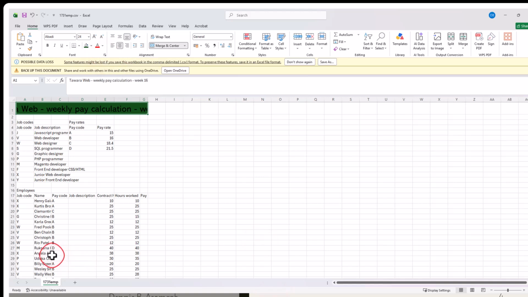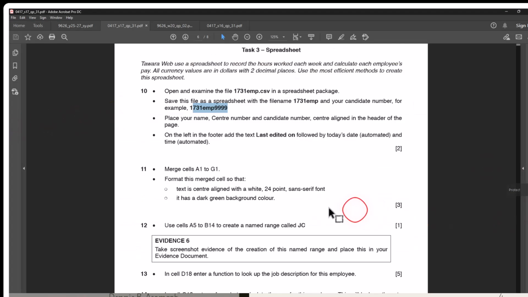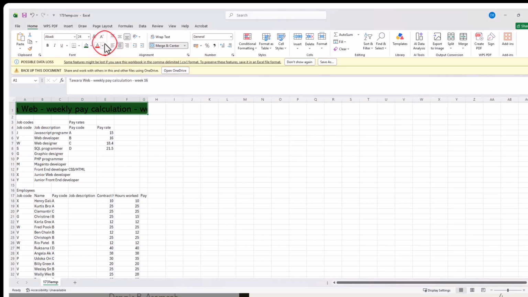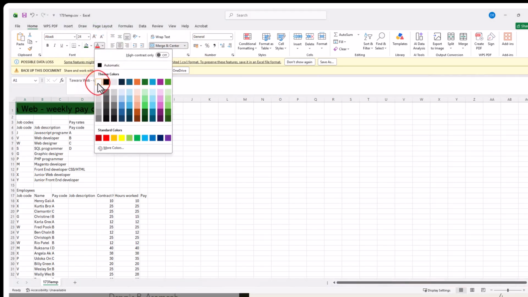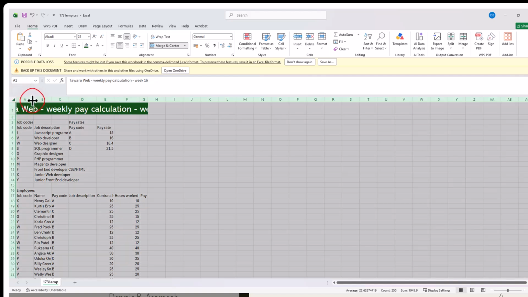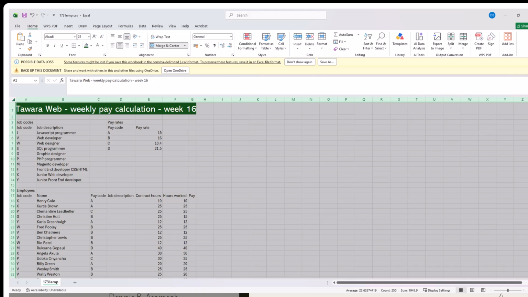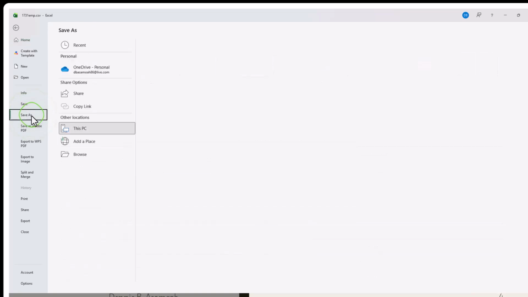Let me go back to the question. The text is center aligned with a white 24 point sans serif font, and it has a dark green color. Okay, so white font, it has a dark green color. Let me force everything to show nicely. Okay, great. And it says that this file should be saved as